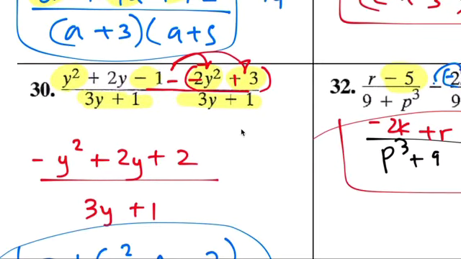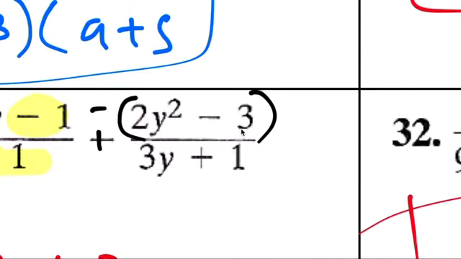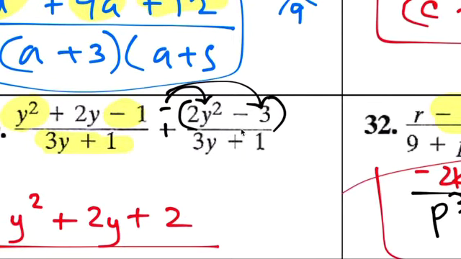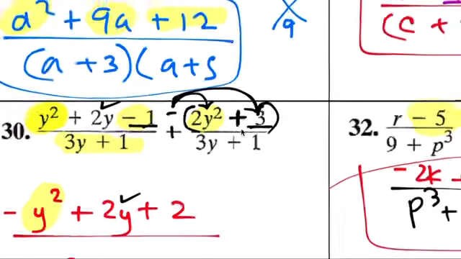Now what you need to remember though for number 30 is this is in parentheses, and you're just plus a negative here and distribute the negative to all of them in there. Okay, so combine the like terms, you get that and that, you get this answer. And then this 2y doesn't have anything, and then you combine these two together, get a, so that's a positive